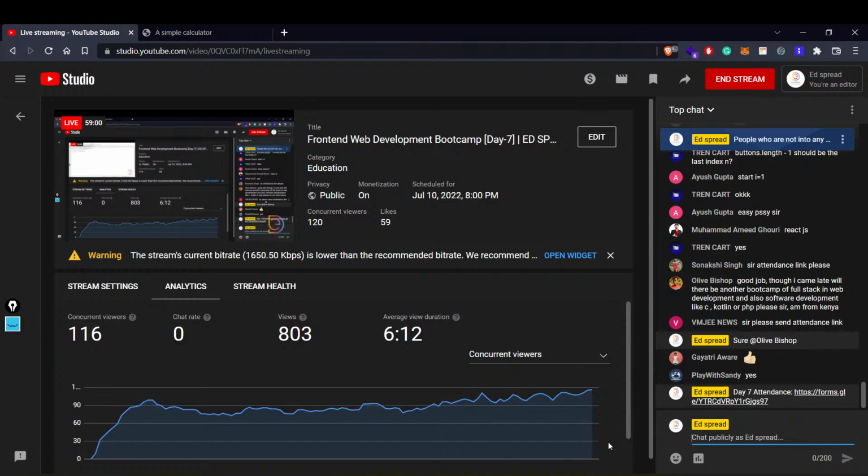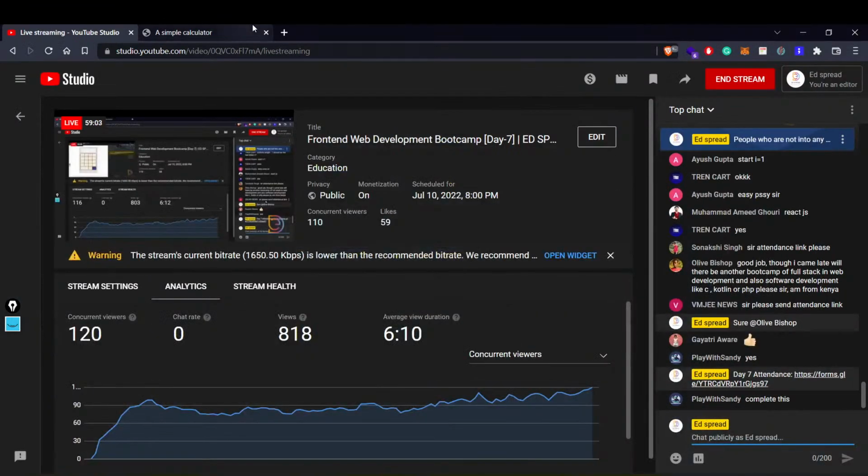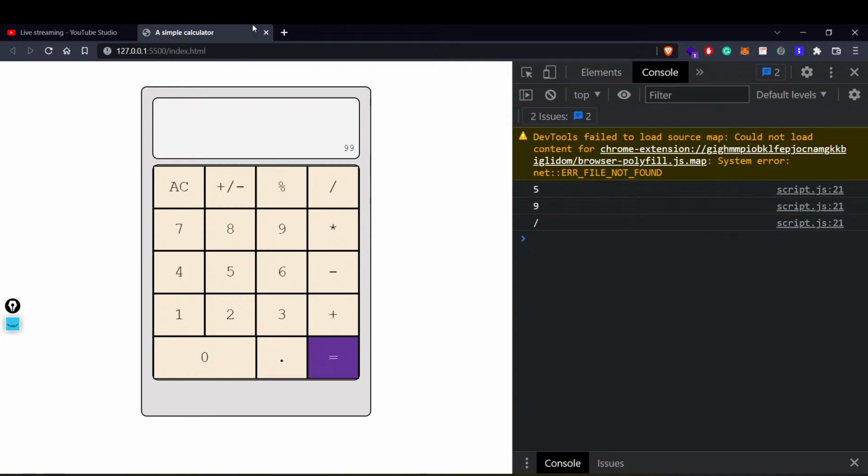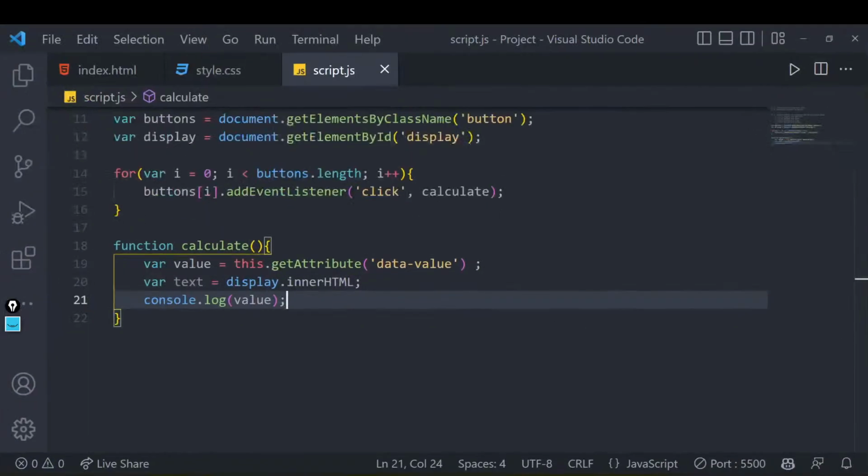Cool then. So we were discussing this, and I have also shown you how we are able to get these values wherever we click. If I click on AC, I'm getting that value. If I click on equals to, I'm getting that value, right? So isn't this very simple for us now? Why is it very simple? Because now we have got everything, whatever value is there inside it, and whatever button we are selecting. I'll send you the code.